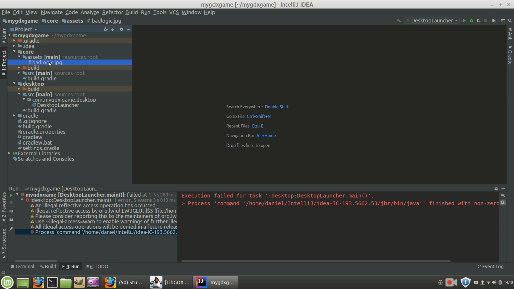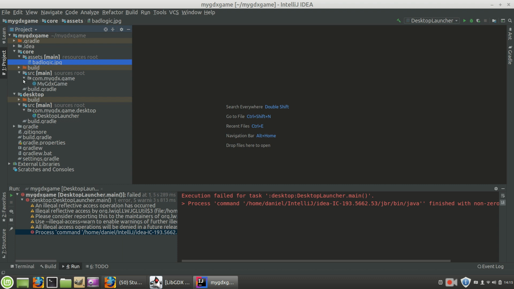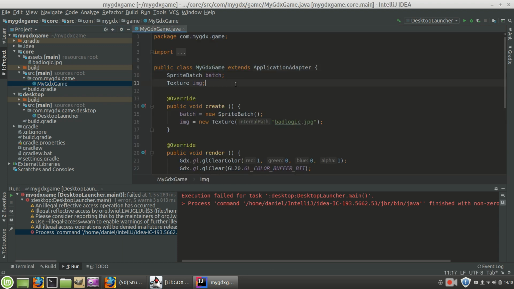So you're going to need an image for whatever object, whatever game player you're moving around, whether that's a ship or another icon. And just create another image that's fixed on the screen that you can't move around, that acts as an obstacle. If you run into it, go ahead and change the image that you run into it with. Or, I forgot, we haven't done that yet. So just go ahead and have another static object and have it return true if you happen to run into that other image. So inside of your source, COM, my GDX game, you're going to want to